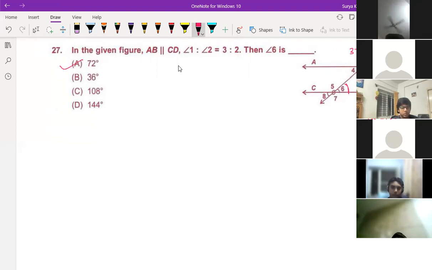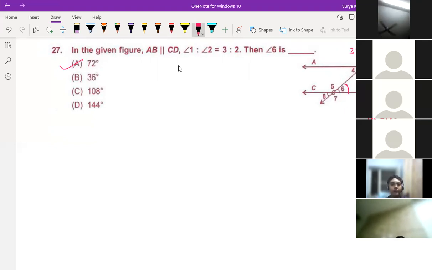See, this type we are having doubt, no, Priyanshu? Yes, sir. Sir, which angle we have to find? By seeing the figure, sir, I am getting doubts. See, Priyanshu, everybody here, I'm just clearing all the doubts for this one. If you're having doubt in this type of questions, I'm writing all types of angles over here.